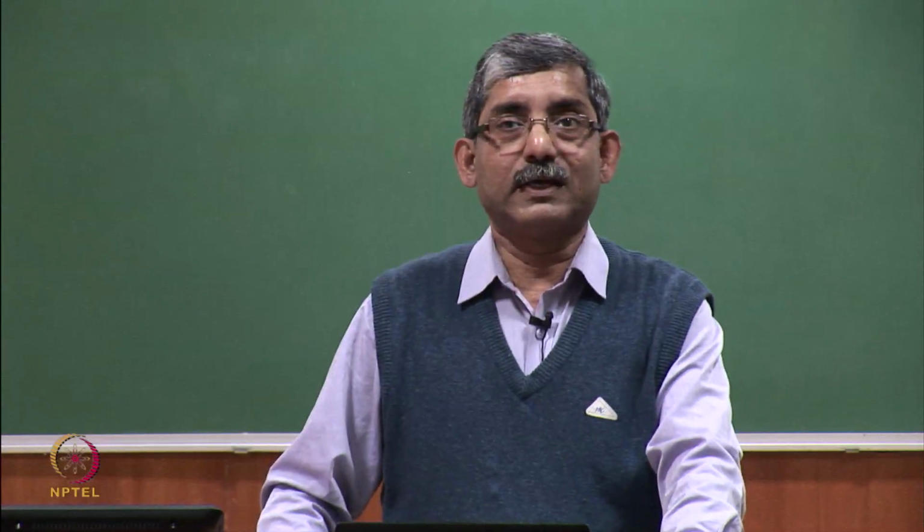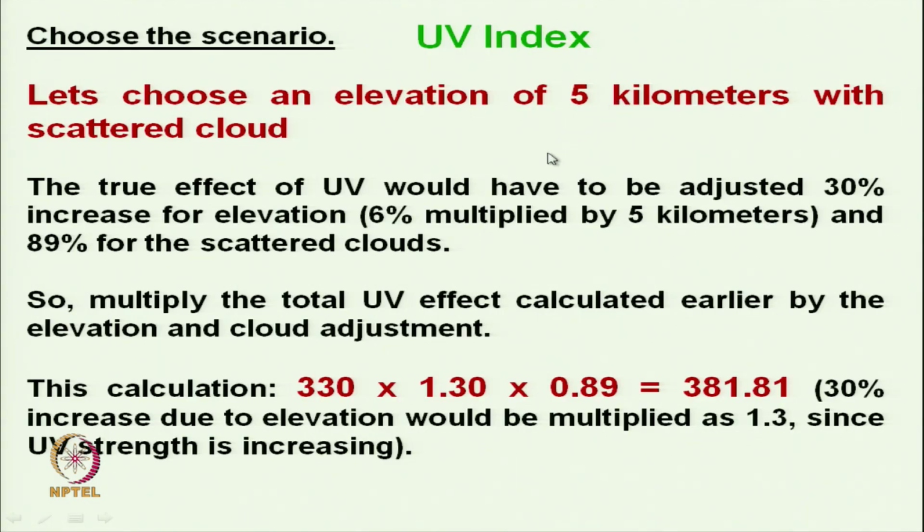To account for 5 kilometer, that means 6% for each kilometer, the true effect of UV would have to be adjusted by a 30% increase for the elevation. So, there will be a 30% total increase in UV ray at that location,